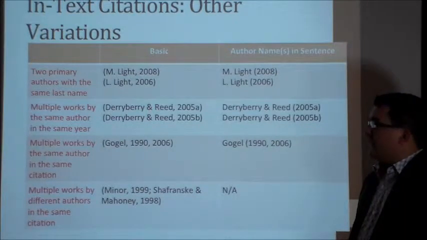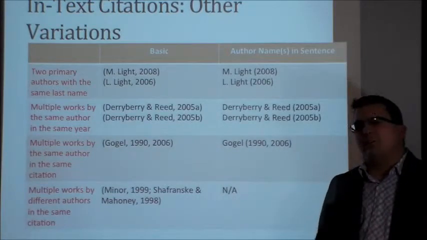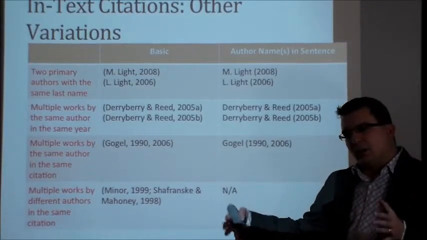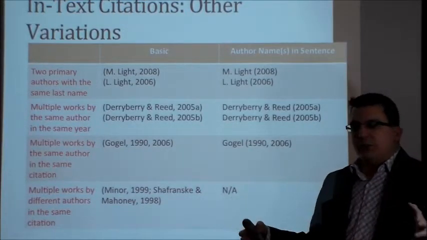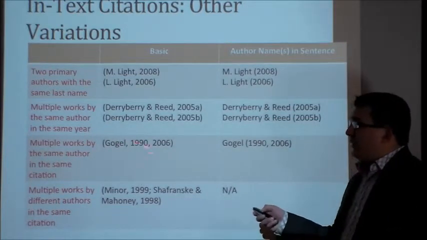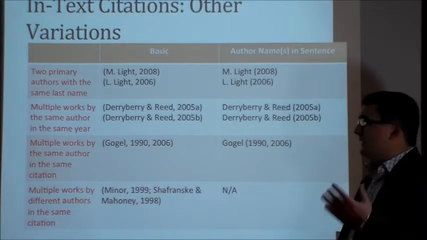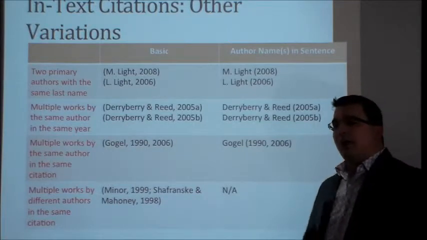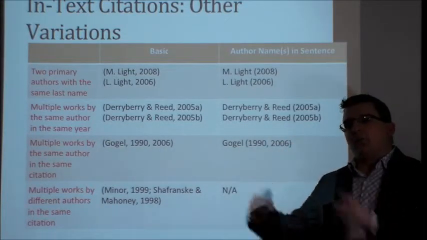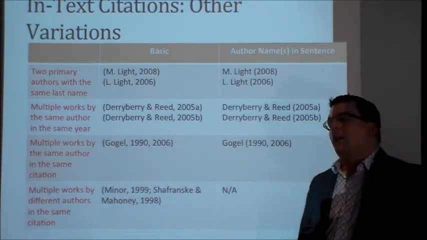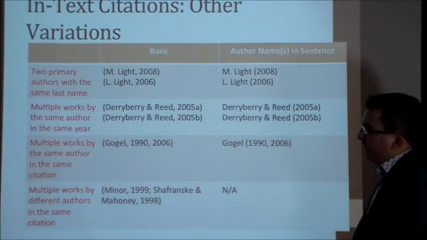Multiple works by the same author in the same citation. This is kind of a rare one. I've only used this a few times in my writing, where I've had one source that's just been phenomenal. They maybe built some work up over a period of a few years, and I'm using it within one direct sentence. I can put both those years in there. Same information here. I'm pulling that info from that. I wouldn't quote that first one and block that second one. I wouldn't do that. You would put both those years in there.